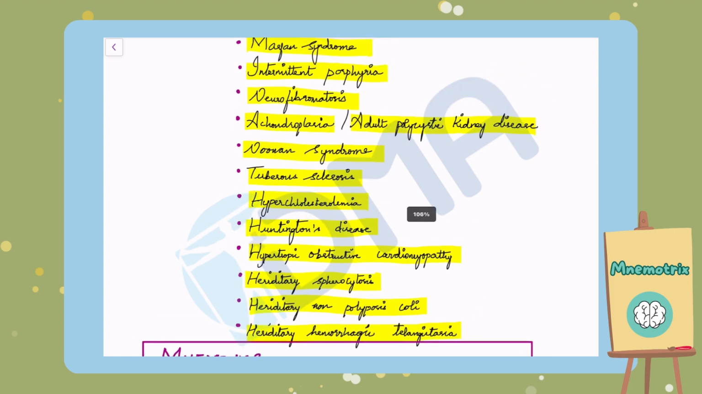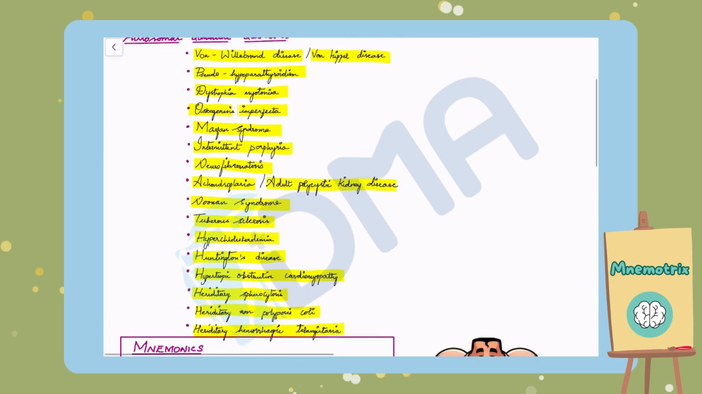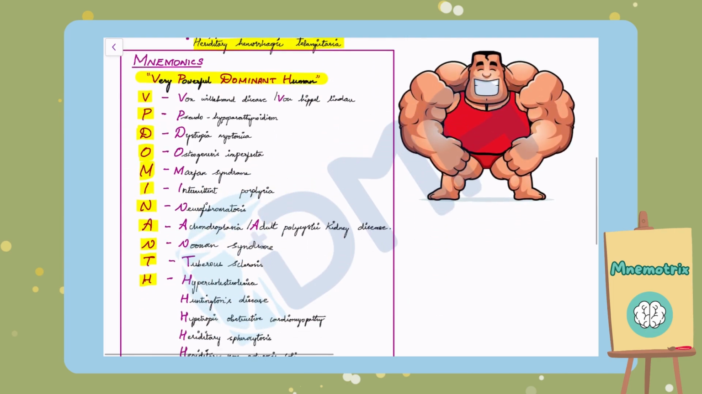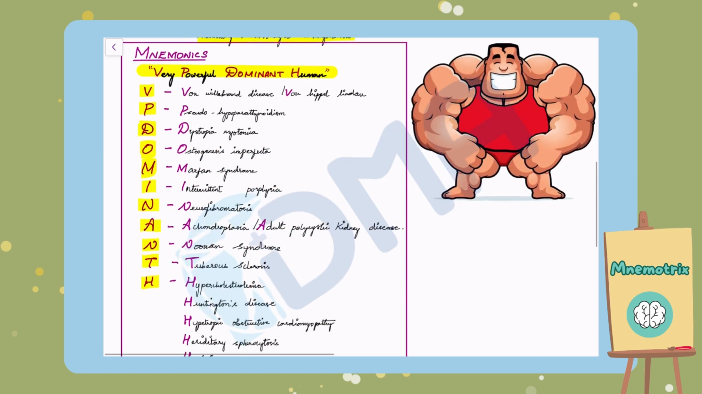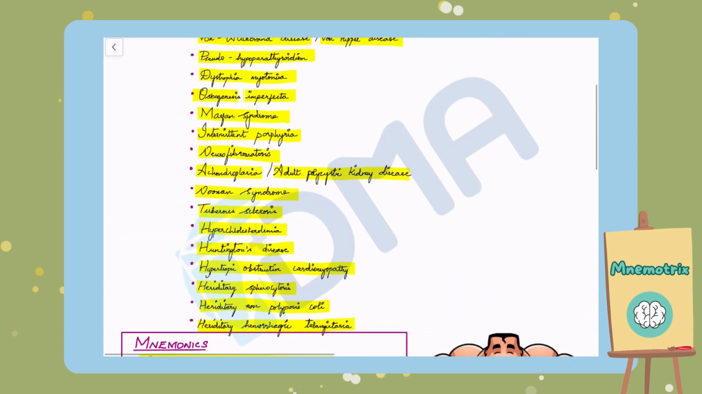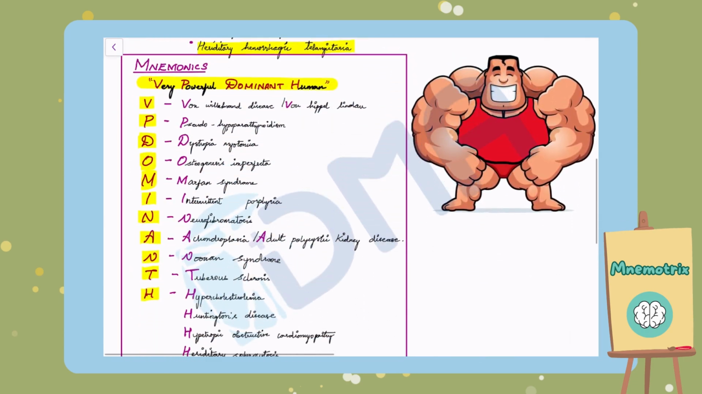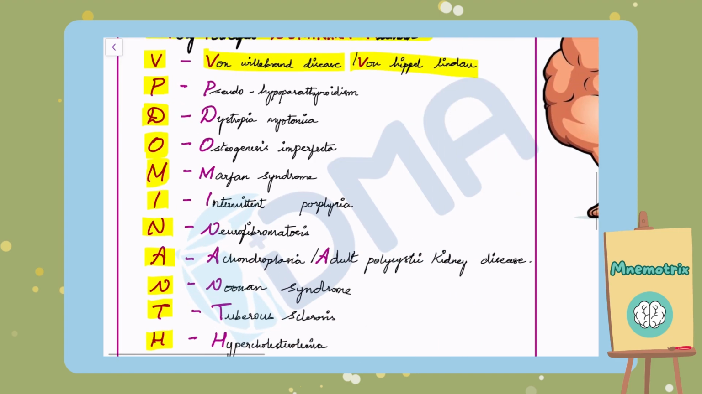So these are all the list of autosomal dominant disorders, and here is an easiest mnemonic way to remember the list of these diseases. Here the mnemonic term is "very powerful dominant human". So "very powerful dominant human" is the mnemonic line to remember the list of autosomal dominant disorders. So here V for von Willebrand disease or von Hippel disease, and P for